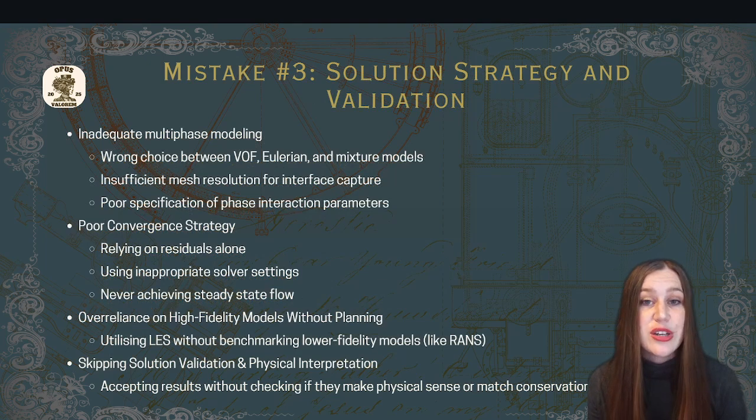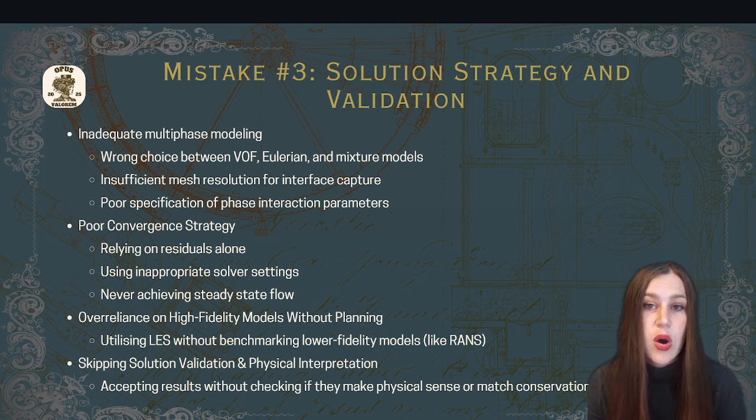When looking at the solution strategy and validation, you might use inadequate multi-phase modeling, maybe making a wrong choice between VOF, Eulerian, and mixture models. You might have insufficient mesh resolution for interface capture between the two phases, and you might have poor specification of phase interaction parameters. You might have poor convergence strategy, where you rely on residuals alone, or you are using inappropriate